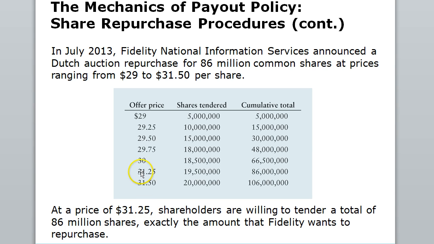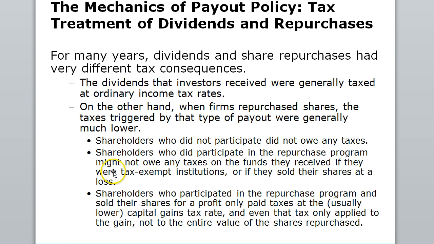So that means that at this level they would purchase the stock at that price. But by and large they would want to purchase at the highest price first and work their way backwards. So if it's a very popular auction, they'll sell the stock mostly at the higher range of the prices.